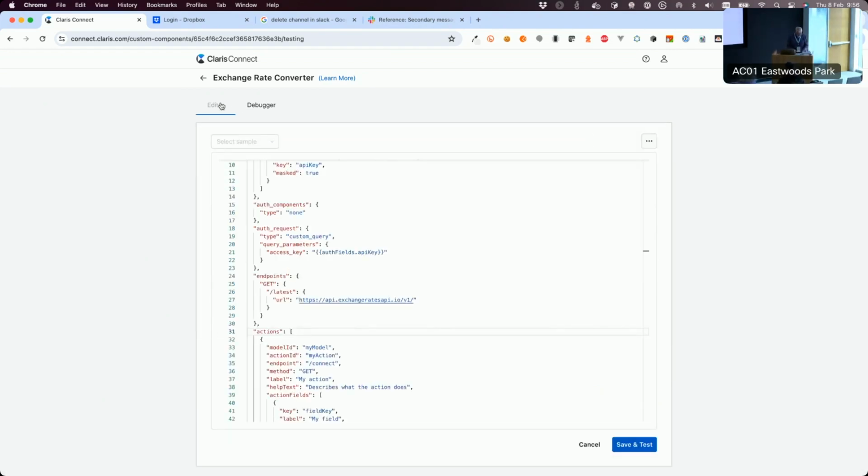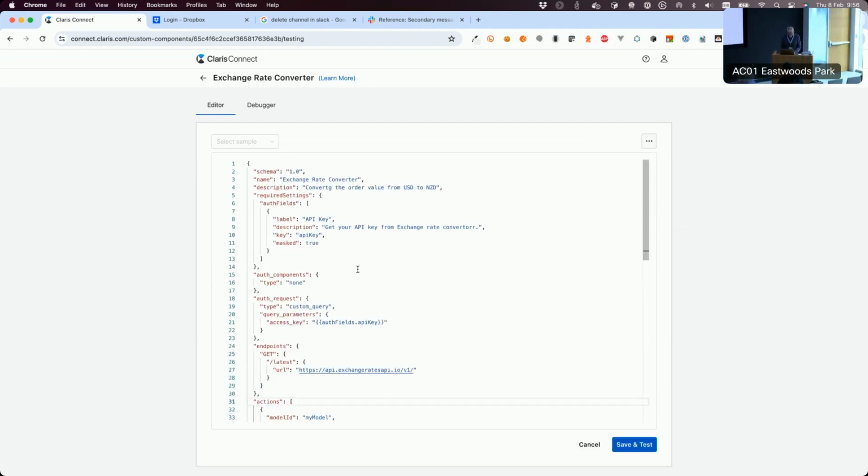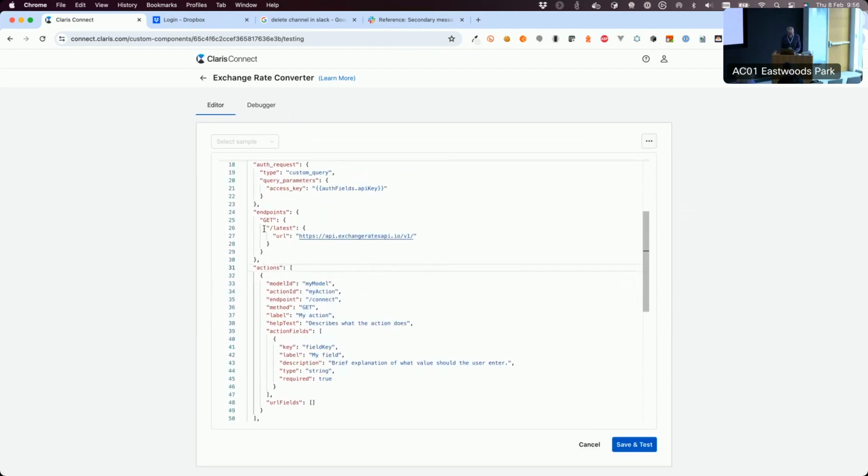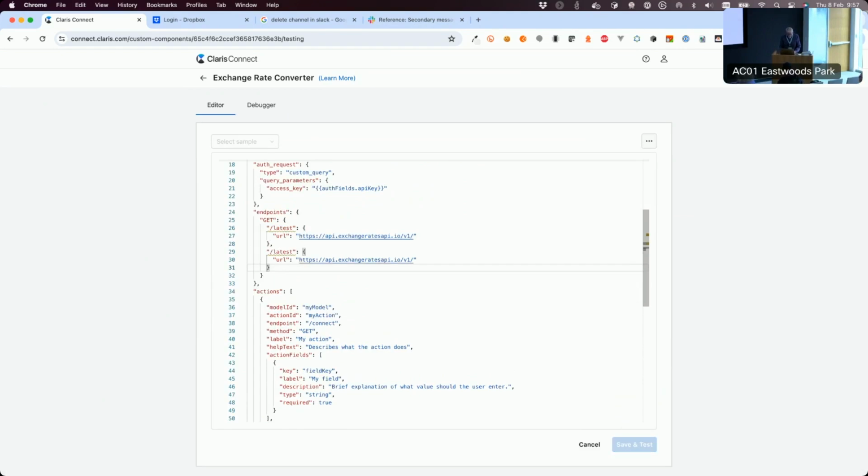The next thing that we want to do is add in a new endpoint that will allow us to do our conversion. So basically what we do is we come here, I'm going to copy this so that I don't fat finger type it again. We want to use the endpoint which is called convert. And you can see that the URL remains the same. And that's because basically what that's doing is Claris Connect combines the value that is here as the key with the value which is the URL in order to